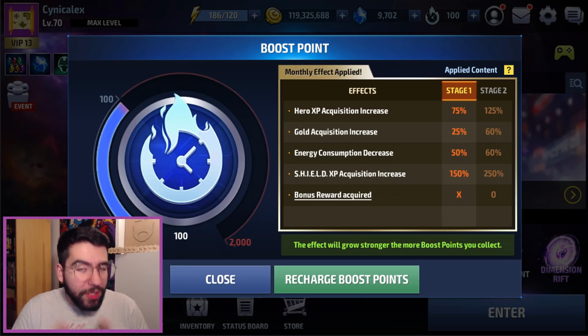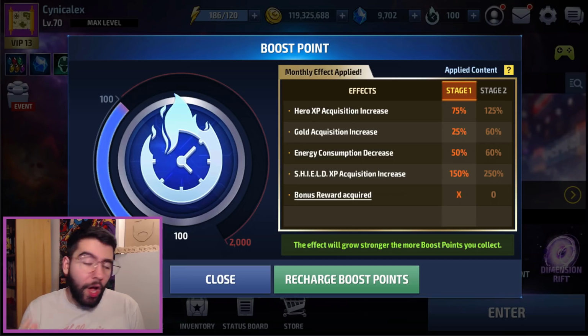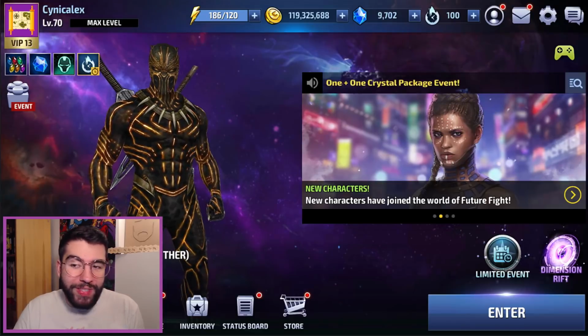So you're going to be constantly saving energy, constantly getting more hero and account XP and more gold. So this is just 4 different amazing effects for new players. You don't get bonus rewards, it's the same there, but those 4 effects should not be undervalued or overlooked for their effect. But then when you go over 100, and keep in mind you get 100 boost points every single